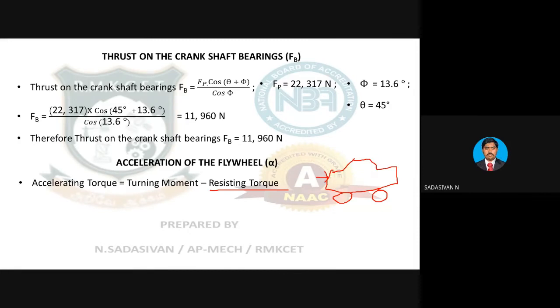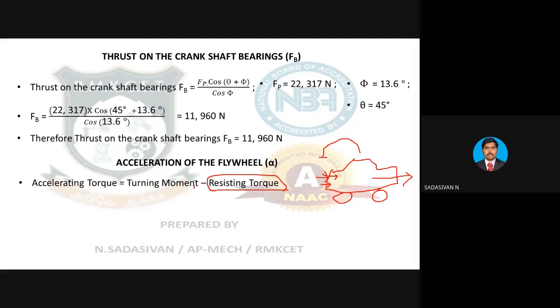After you start moving, 2 people can get off, and only 1 person can move the car. This is because the inertia of the car has changed from inertia of rest to inertia of motion. Initially the car resists moving, as long as it is in inertia of rest. When it starts moving, it gets inertia of motion, and then it becomes very easy to push. Only half or 1/3 of the effort is required to keep it moving. That minimum threshold amount of effort required to move the car is called resisting torque.